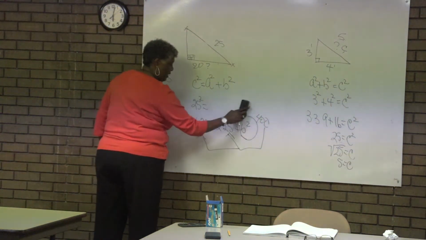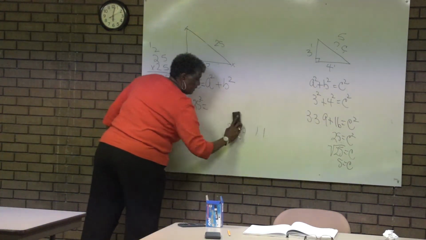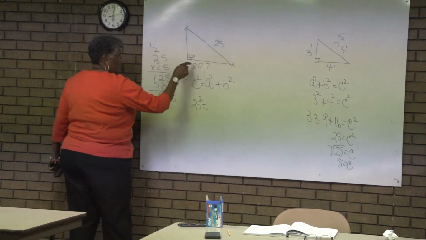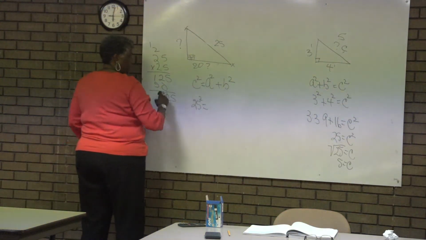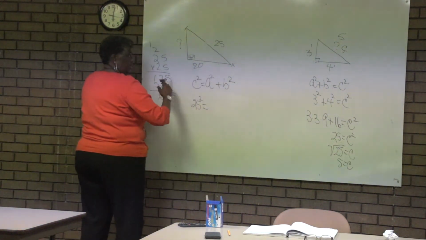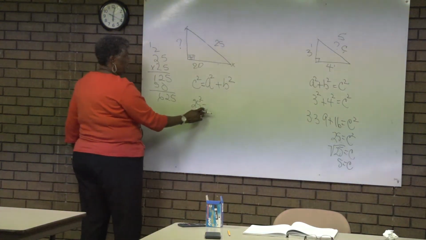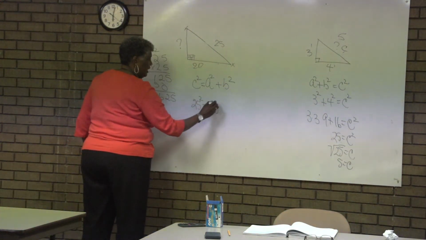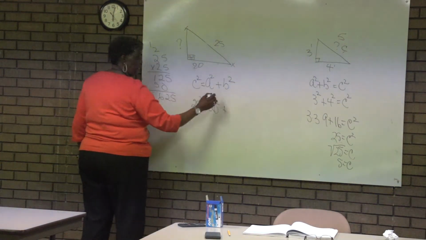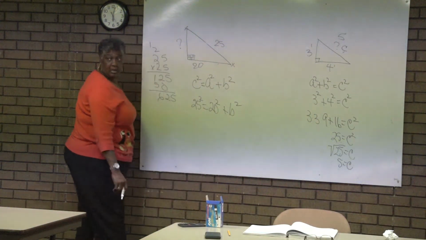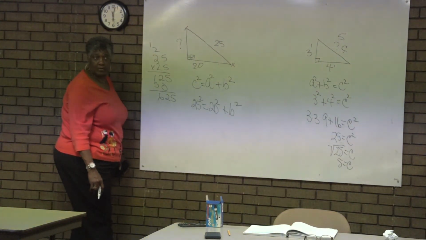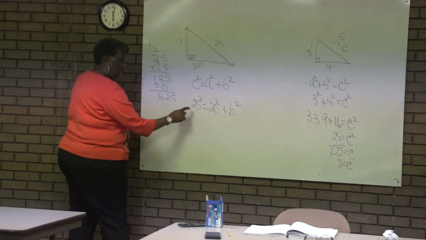So right here now I would have this. I'd have this times itself is equal to this times itself plus something times itself, right? Right? That's what they gave me. That's what I know. Still no